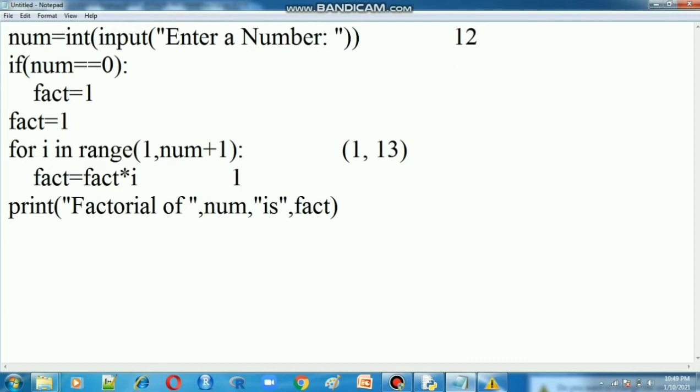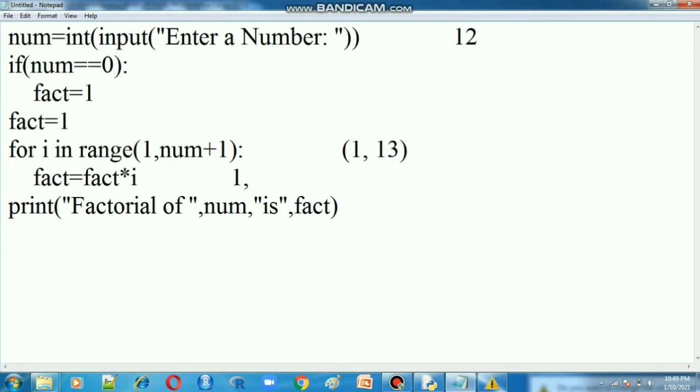Now the fact variable value is 1, so the value 1 will be assigned to fact. Next is the print function, print factorial of num. Num is the input we gave, and that input value will be stored here. Factorial of 12 is fact; fact is 1 only there, so that 1 value will come here.